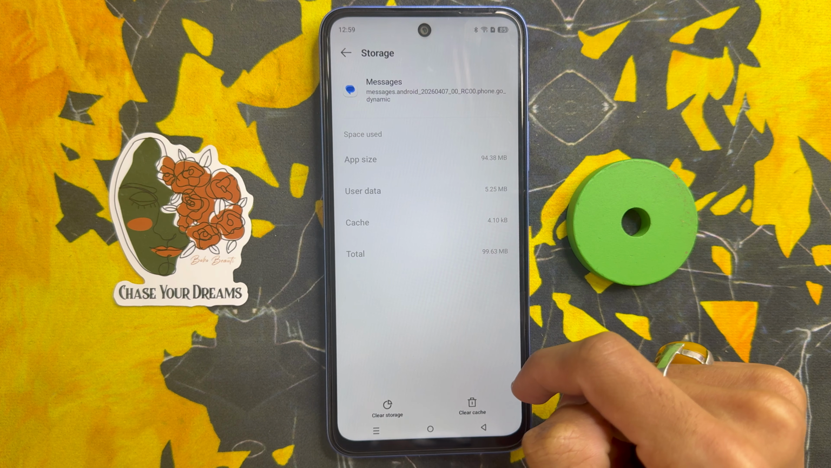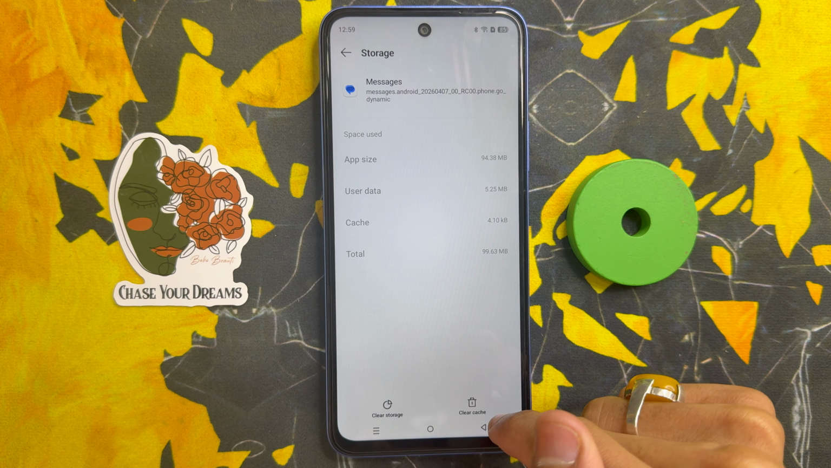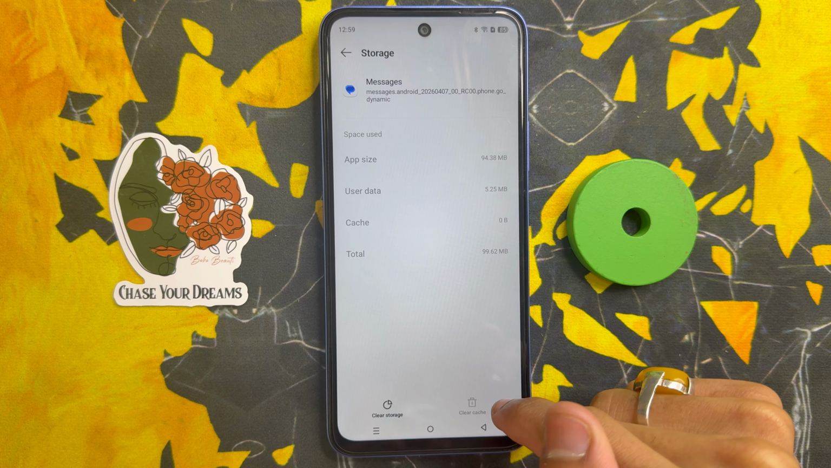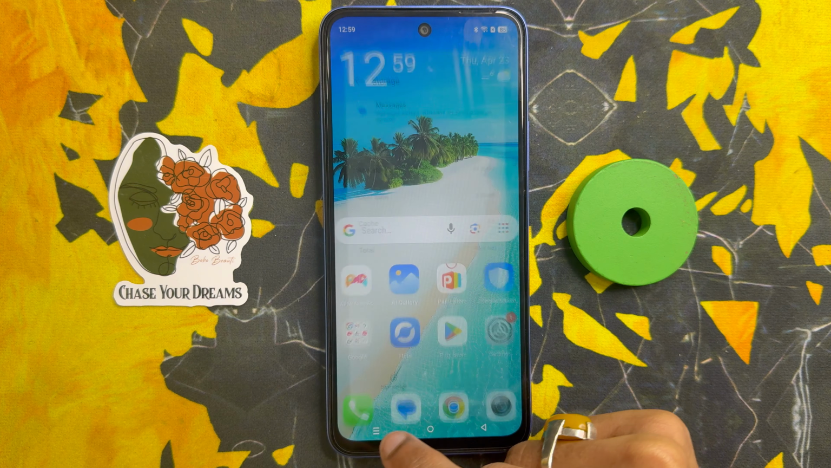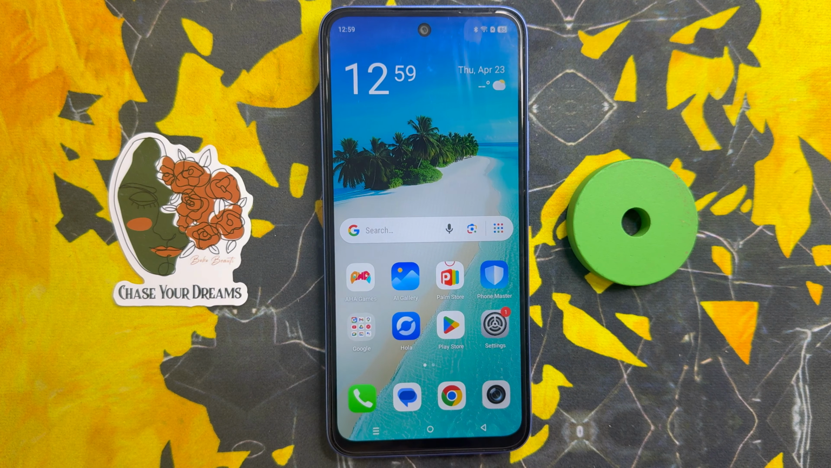If you want to fix this problem, click on clear cache. After clearing the cache of the messages app, go back to the home screen. You will see your problem is solved. But if it doesn't fix this problem,